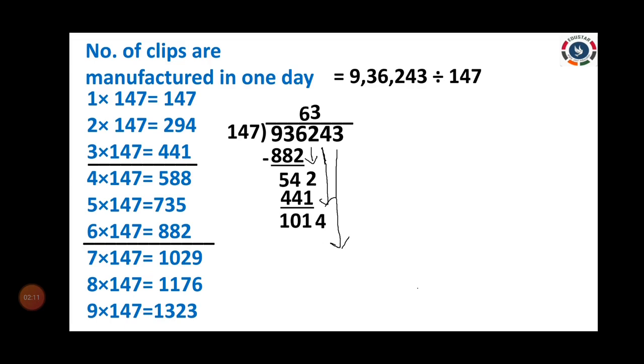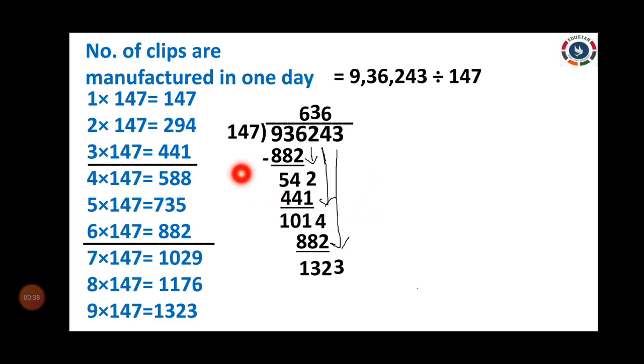Okay, 1014. Now you see here, 1014 is there or not? Not there. So we have to take less than 1014. The product of two numbers less than 1014 or equal to 1014. We are not having equal to 1014, so you have to take less than 1014. What is that? 6 times are there. You write 6 at the top, write 882 at the bottom. Then you subtract the values. You get 132. Then the remaining number 3, you have to bring it down. So now the 132 becomes 1323.